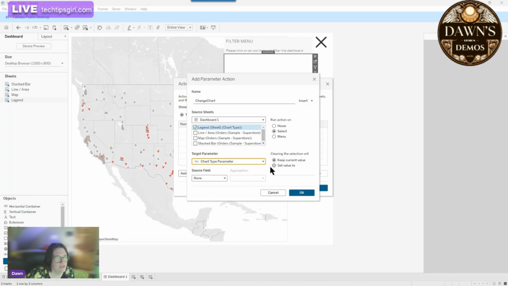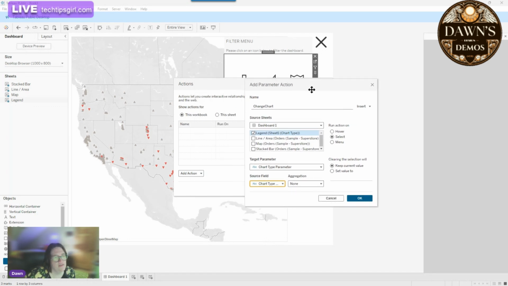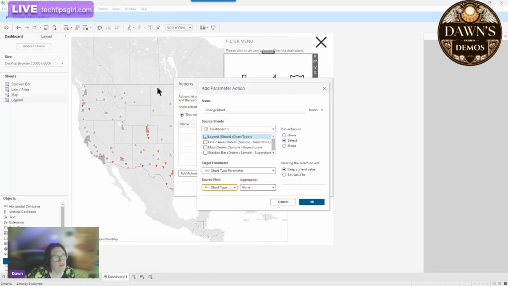Clearing the selection will keep the current value. And then I'm going to select that chart type column. So this will work because of the parameters and the filters that we created. We made sure that the text was the exact same from the worksheet, so it will apply to all the others. So I'm going to click OK on this, the legend, chart type parameter, and then that chart type field,